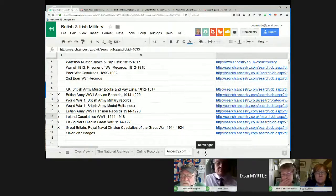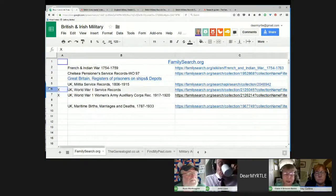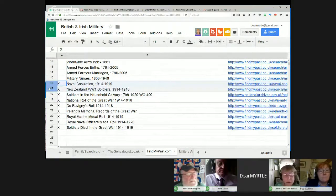Well, then if we could just skip to that, just show what FamilySearch has, so people can see that FamilySearch does have some records. They have that Women's Auxiliary Corps. Right. They have that. And then also, of course, skip over to FindMyPast, because that's the group that the archives work with. Look at the list of stuff they have there. Fabulous list of World War records. They've got the naval casualties. Right. Soldiers in the households, New Zealand, national roll of the Great War,